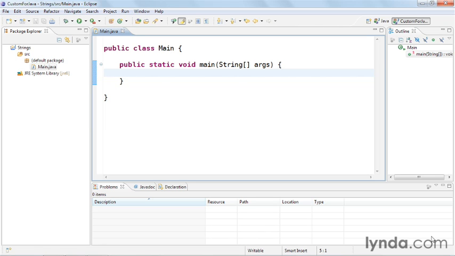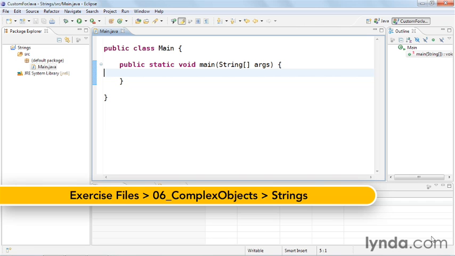The string class is one of the most commonly used complex types in Java. I call it a complex type because when you create a string, you're creating an instance of a class. It's not a primitive variable, such as char, int, short, and the others. I'm working in a project called Strings that's part of the Chapter 6 exercise files, and the beginning class just